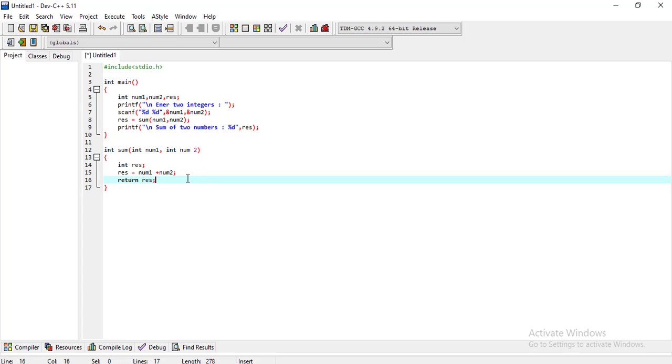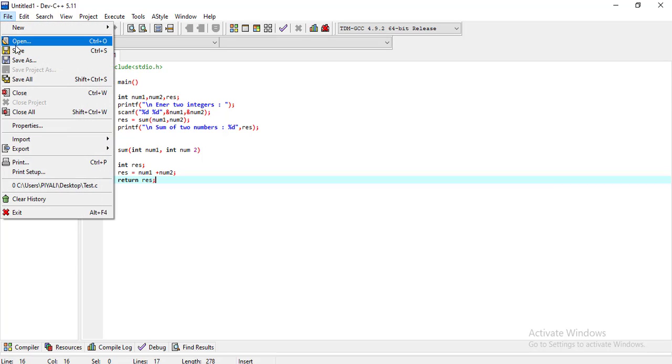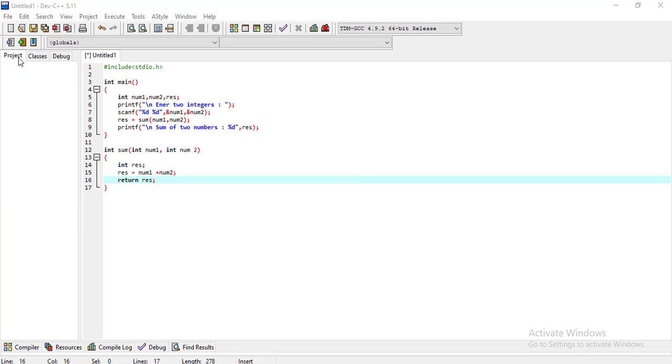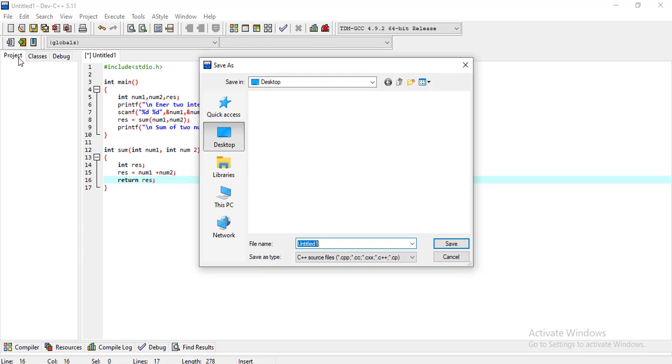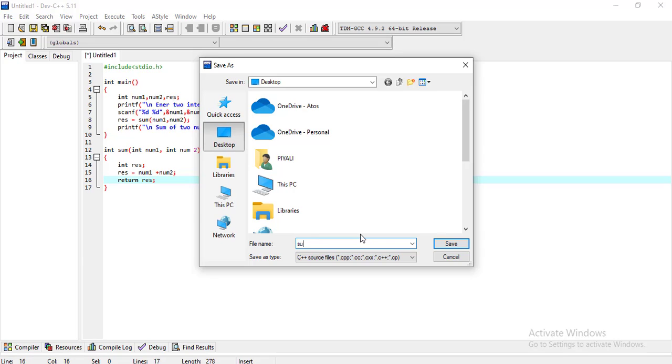Now I am saving this. I am giving the name sum. This is a C source code, so you have to choose C source file .c and save it to the desktop.